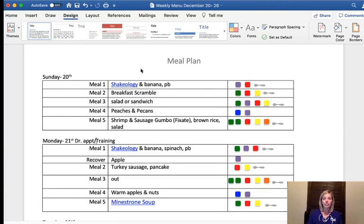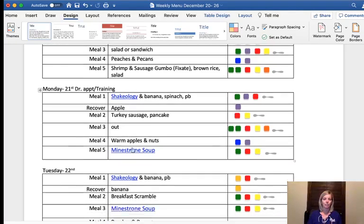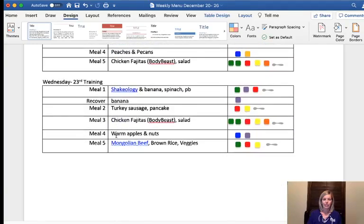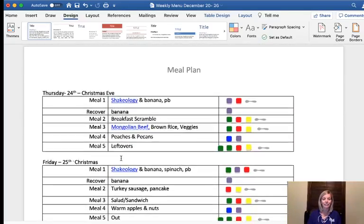So the first thing I do is I download the meal plan template, then I go in and put the dates on there and anything that's going on. Like I booked my son a doctor's appointment for Monday since he'll be out of school. And then I made note that we'll probably eat out because it's around lunchtime. And since we'll be out, we'll probably choose to eat out that day. And then he's got some training. I don't know if they're having it next week, but I wrote it down just in case. Next week is Christmas Eve and Christmas. So I wrote those down, and